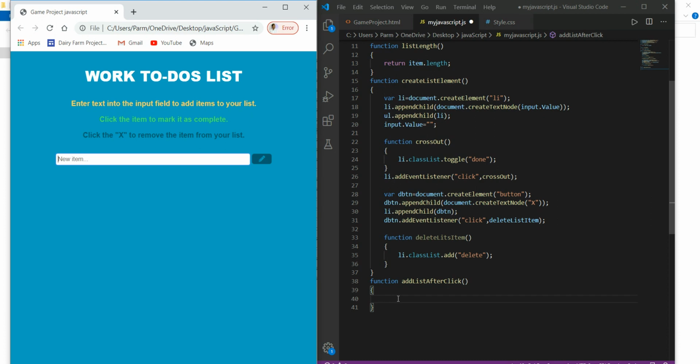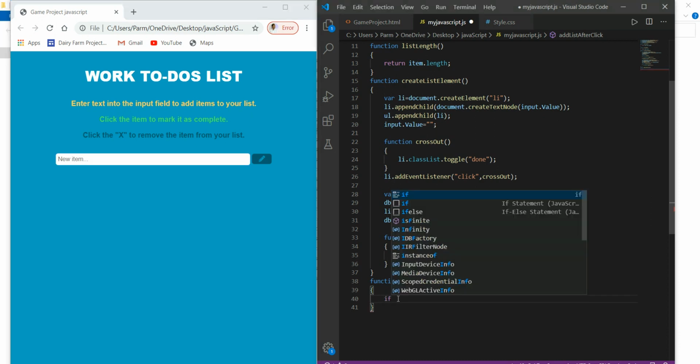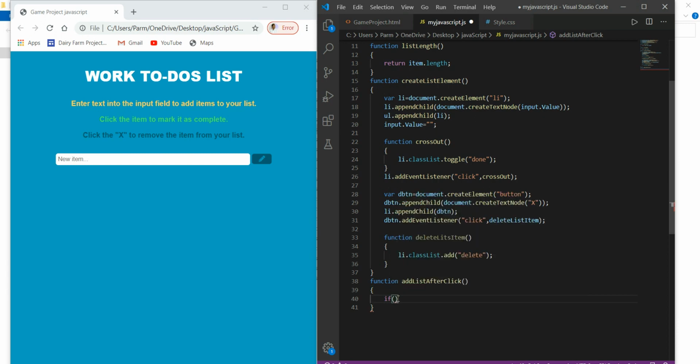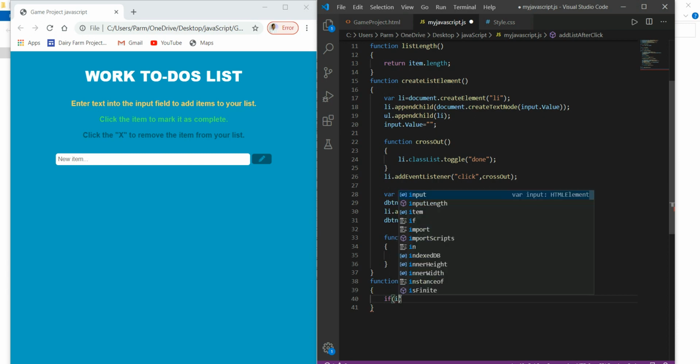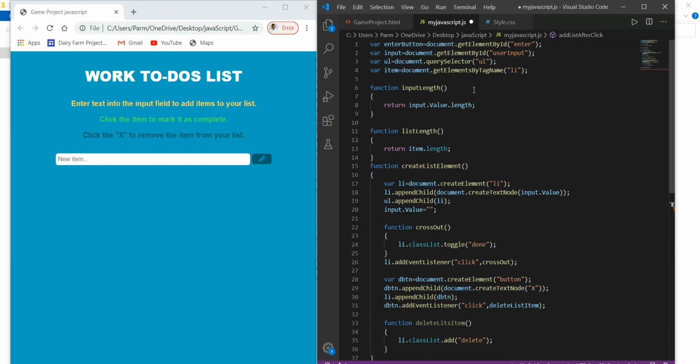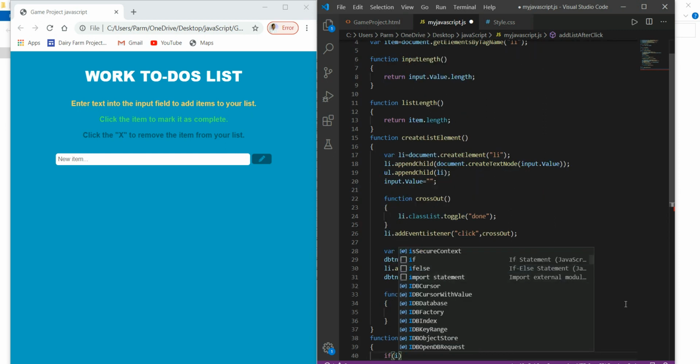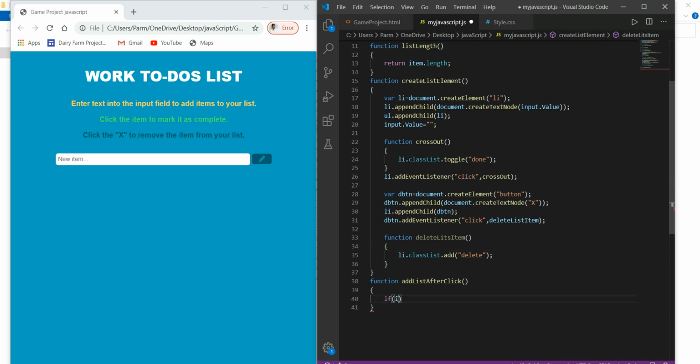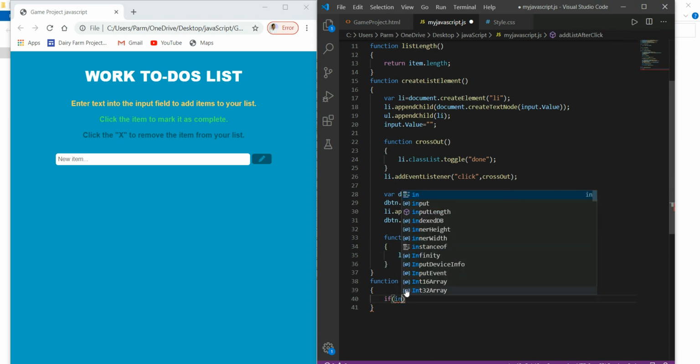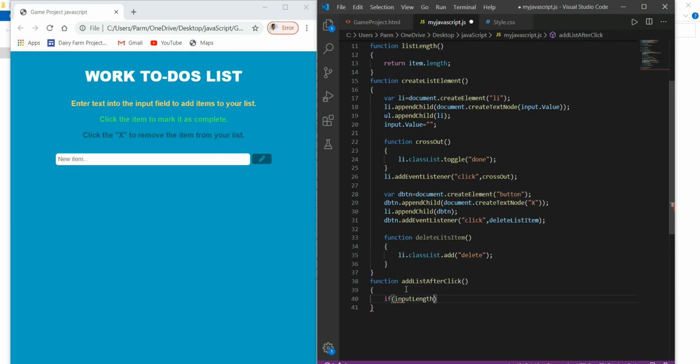Here in this case, we have created a function, input length. If input length is greater than 0, it means that if we have entered something there, its length is greater than 0, and only then will it add the item to the list.